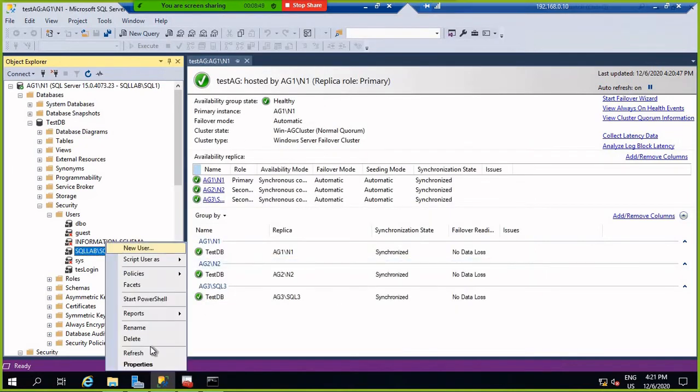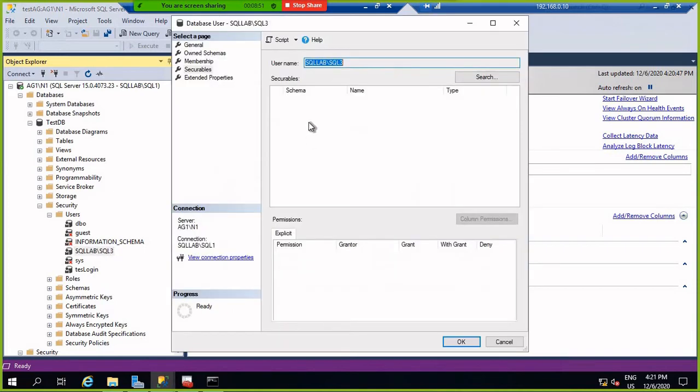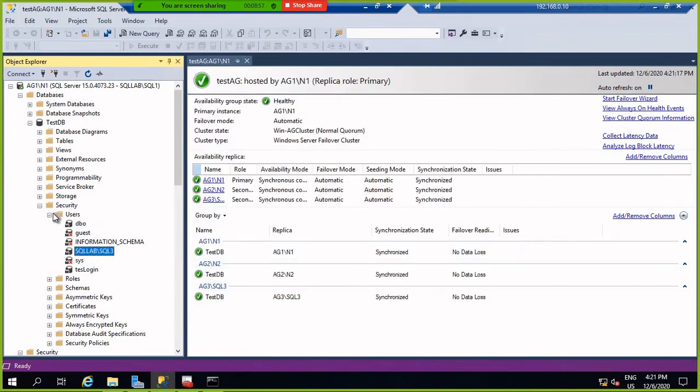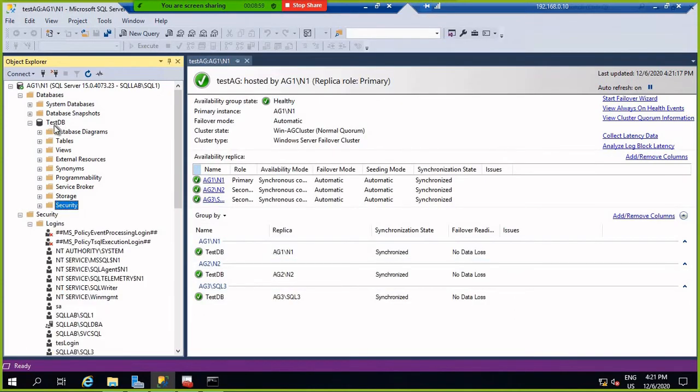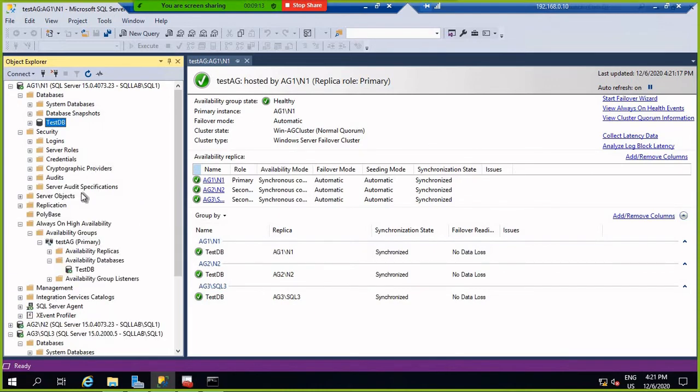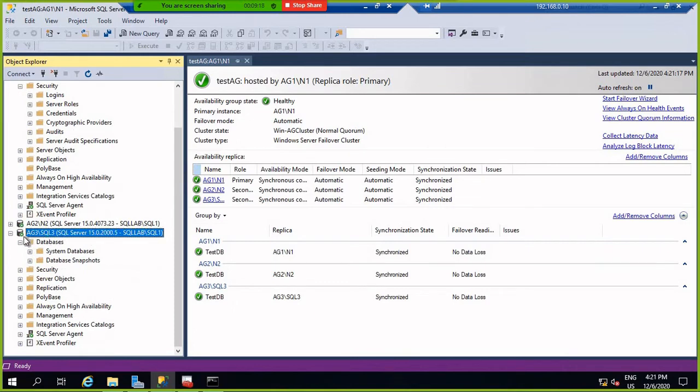Open properties, membership, and you can see that data reader is checked here. So in this way I am providing DB reader permission here, but I need to access this database on AG3.